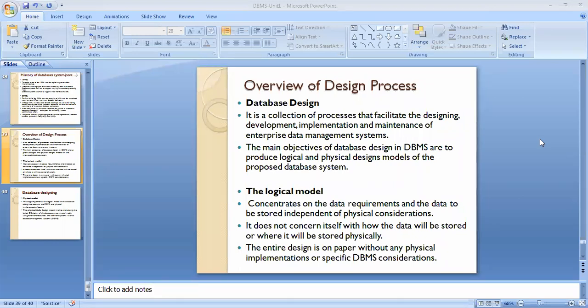So we should concentrate on the data requirements. Blindly we can't go to the design phase. First we have to collect the requirements, right? If you want to make interior for your